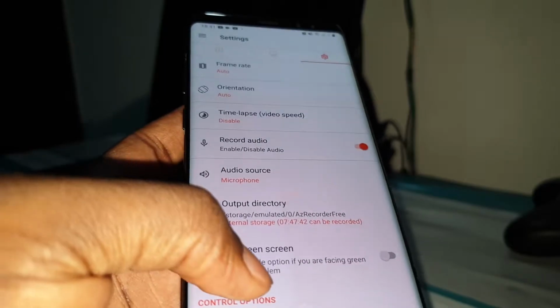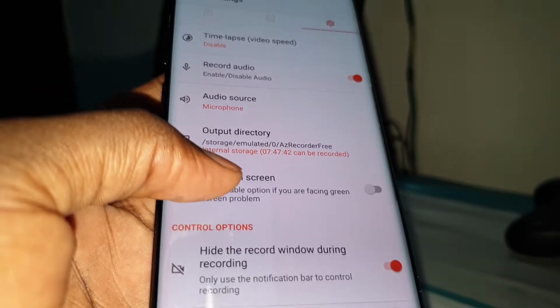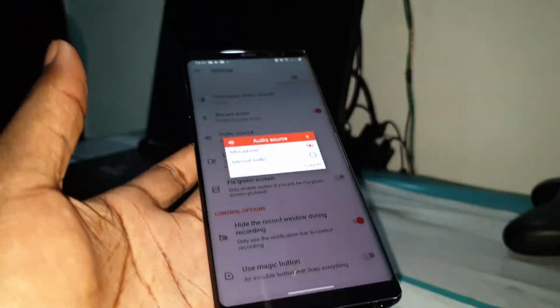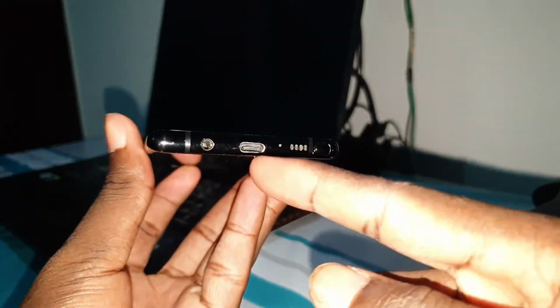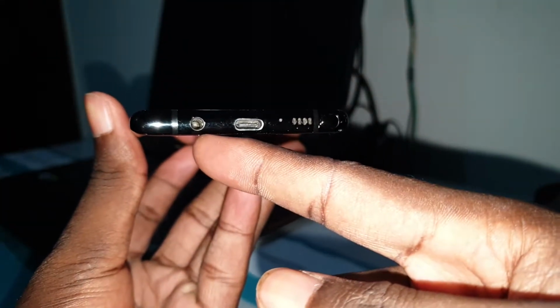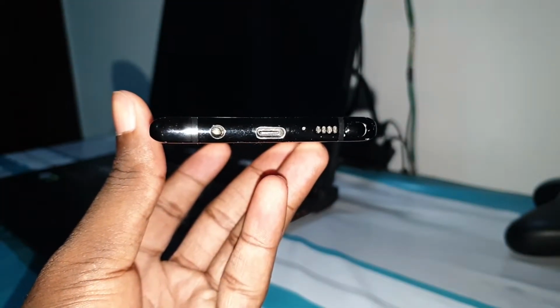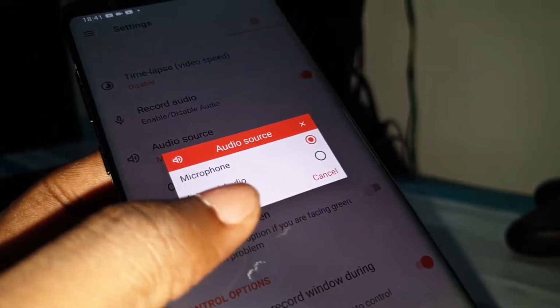You also have so many features inside. Microphone: if you have an external mic, you can connect your external mic here or on this USB-C if it's working. When it's connected, you can select it here directly.